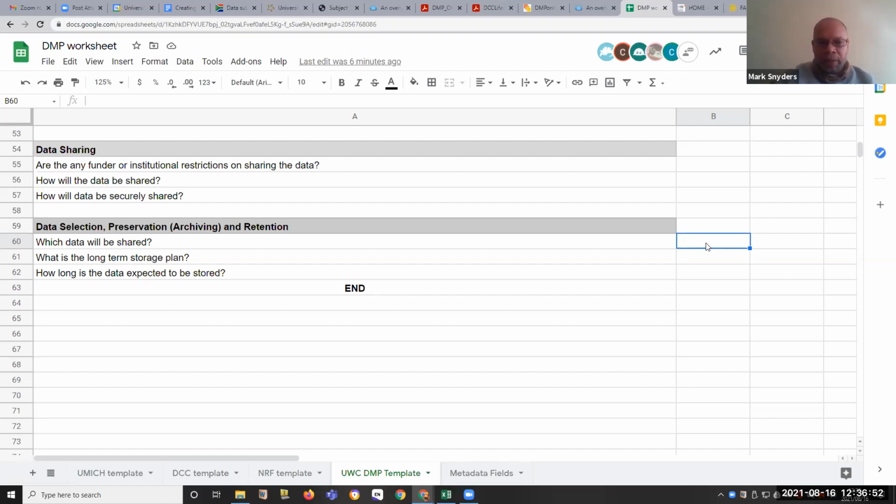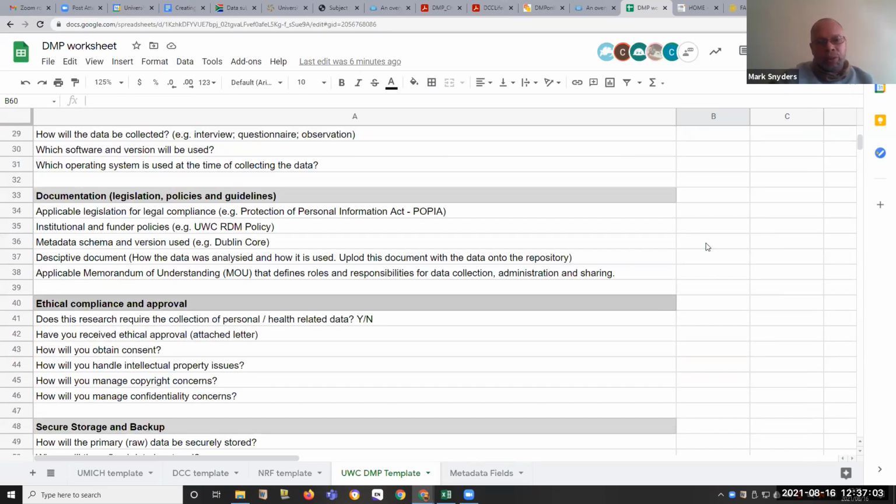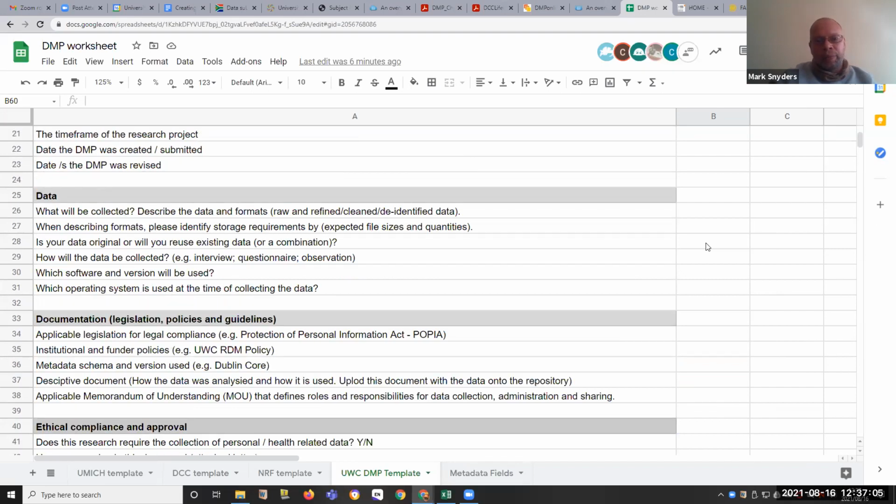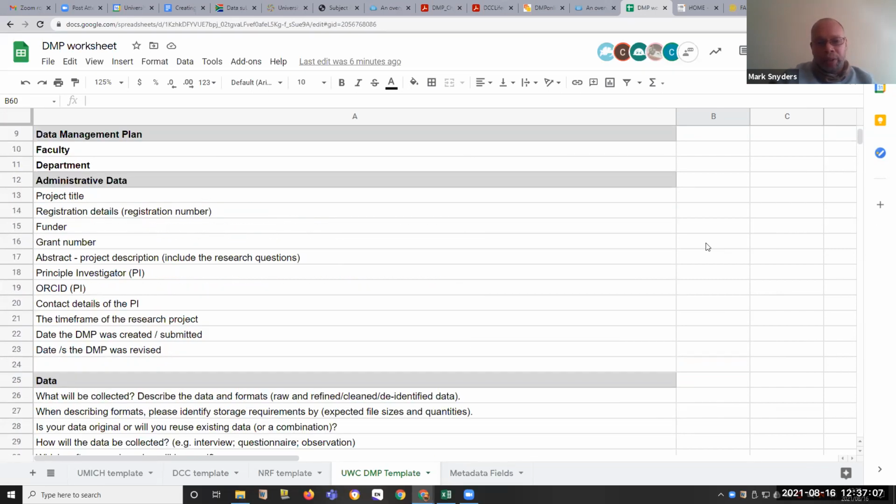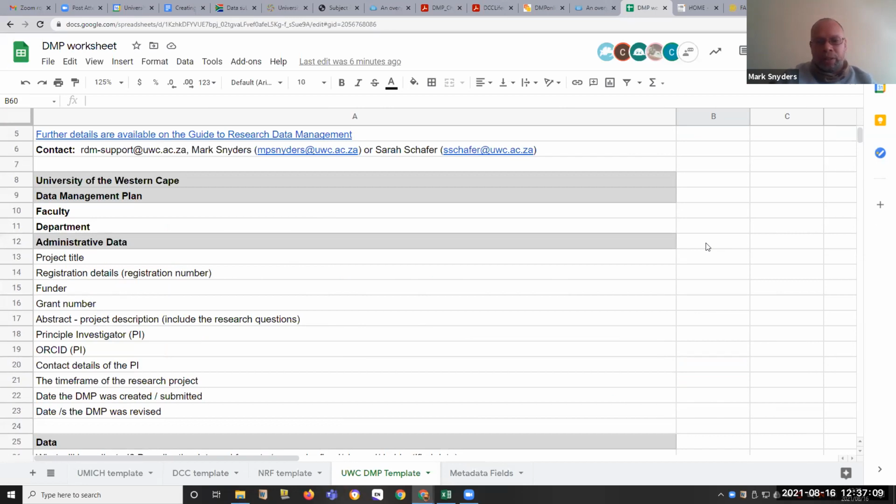Okay, so having said that, it is important to understand with regard to the data management plan that it describes how you will collect your research data and how you are going to store it, and whether or not you comply with various policies or legislation in terms of whether or not the data can be made available publicly.